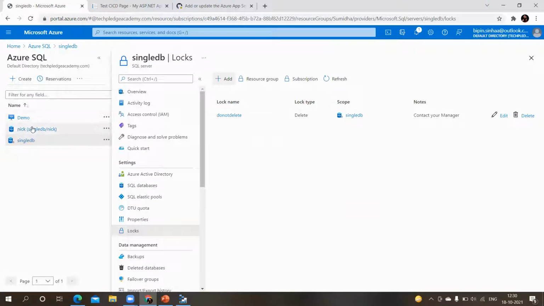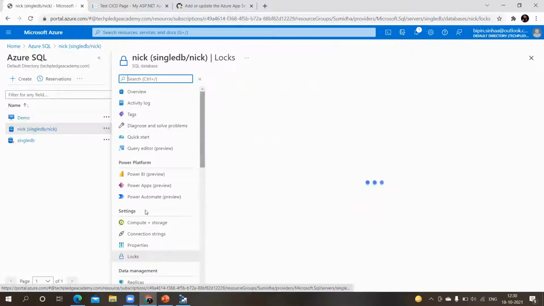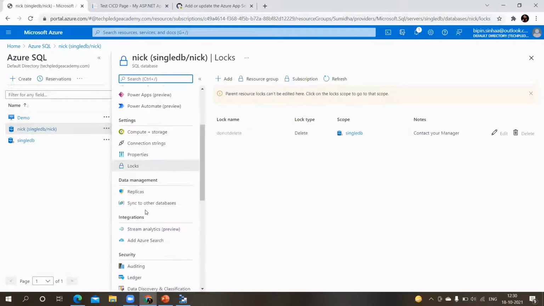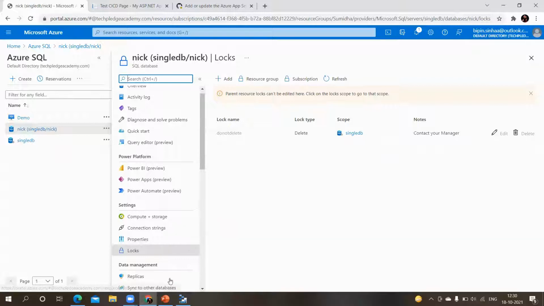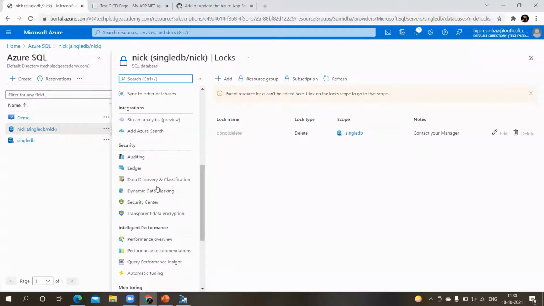So now we'll go to database. You can also set a different lock over here. And what happens is when you set a lock at your server, by default, the lock is also set on your database. Now you have an option in database like